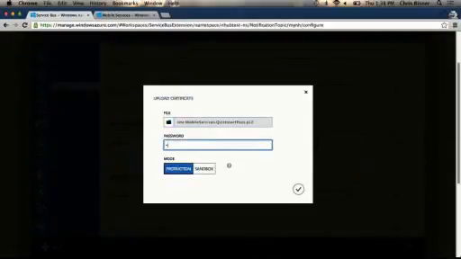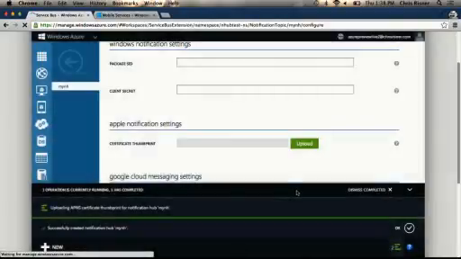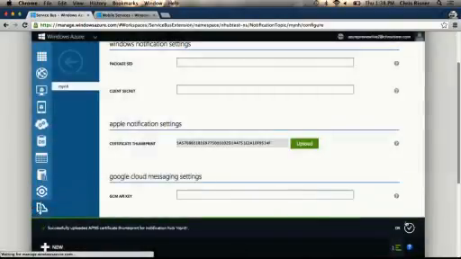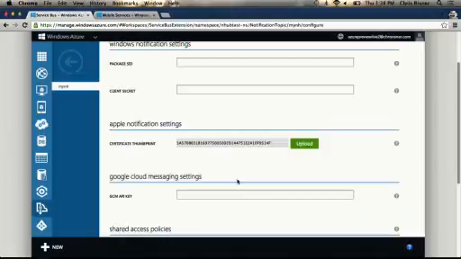After that, I'll enter the password for my certificate, and then I need to choose the mode. Now this certificate is specifically a developer certificate for push notifications. So I need to change the mode from production to sandbox. So I'll go ahead and do that. Now that that's uploaded, let's go over to Xcode